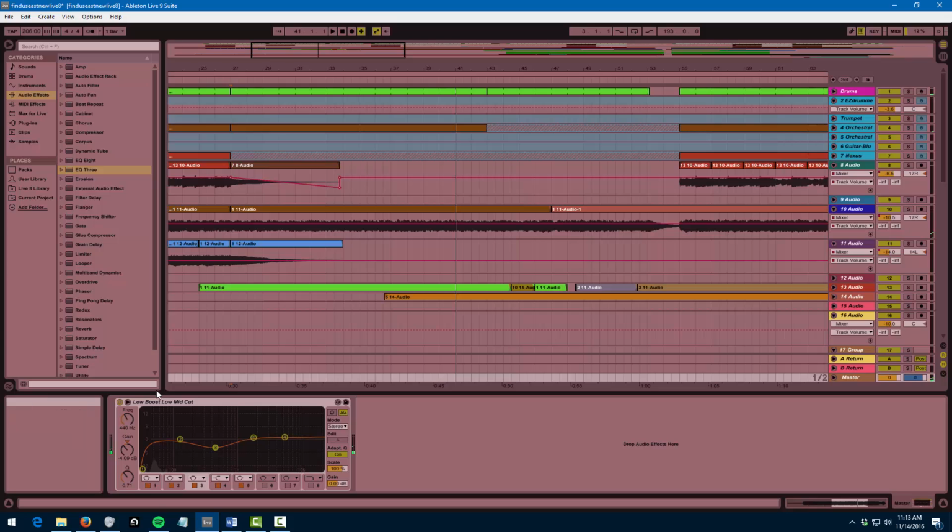Now let's hear that A and B on and off. So you see, just making a couple cuts, a slight boost, and everything sounds cleaner. There's more clarity. All I did was take away the low lows that I know aren't really being used by anything. Again, this is my main mix bus, so you don't want to make any too